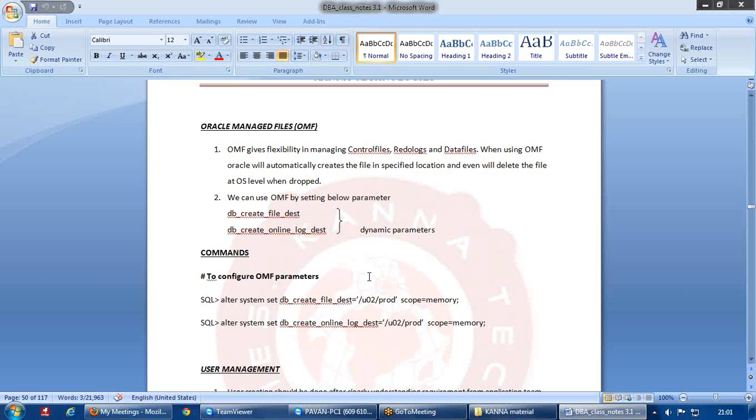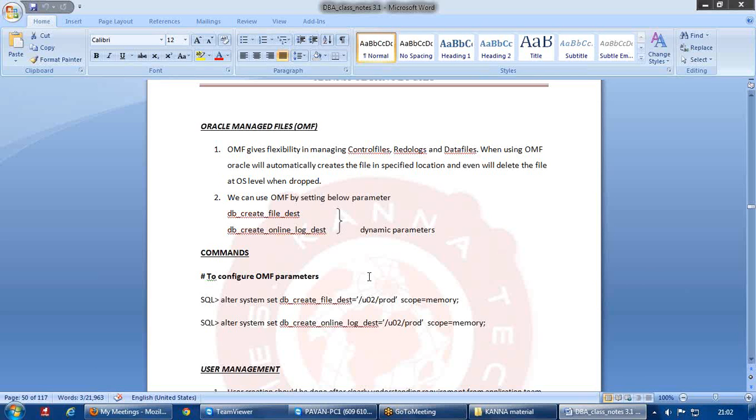In the first point it says OMF gives flexibility in managing the control files, redo logs and data files. When using Oracle Managed Files, Oracle will automatically create the file in the specified location, and it will even delete the file at OS level whenever it is dropped.